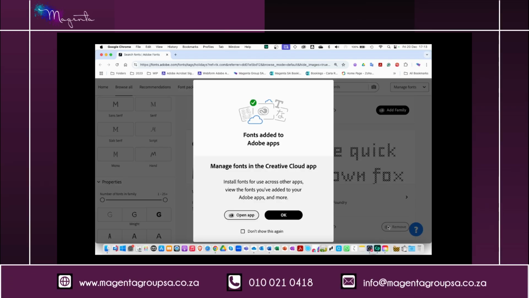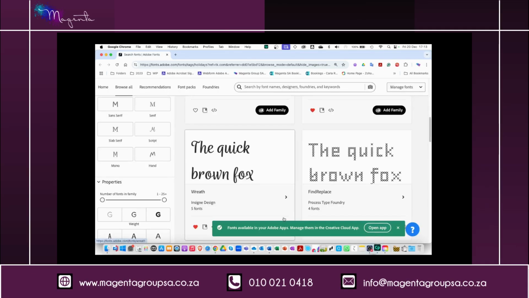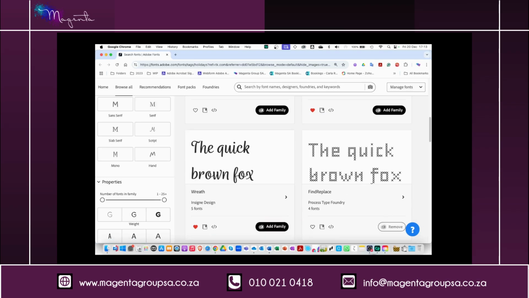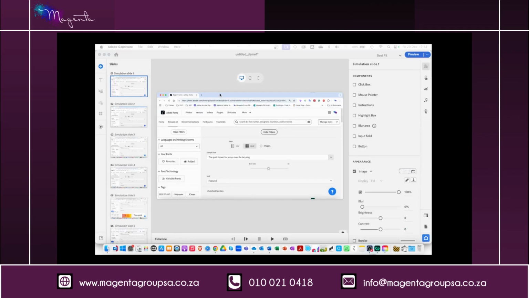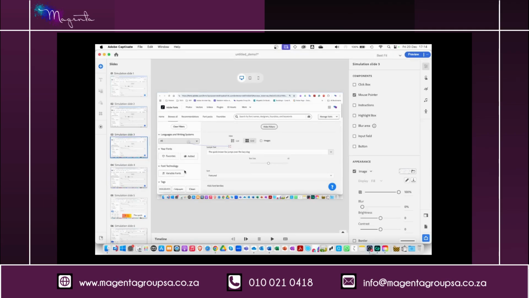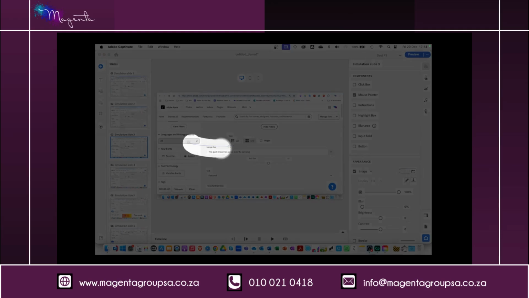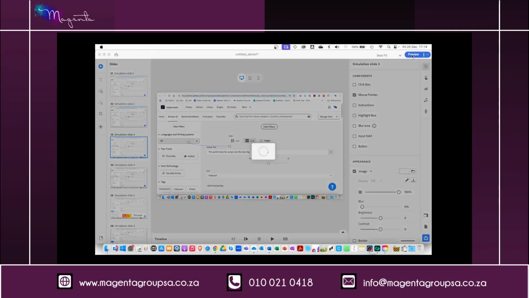Once you have got your simulation that has been completed, you can then choose to stop your simulation. And that is with a pop-up window. I'm just going to stop the simulation, and it is then going to open it up in Captivate for me. As you can see, I am now in Adobe Captivate. Each slide was done for me. You can see it even has the mouse movements that were done at the time. And if I go into preview,